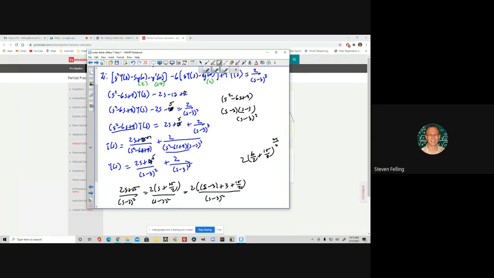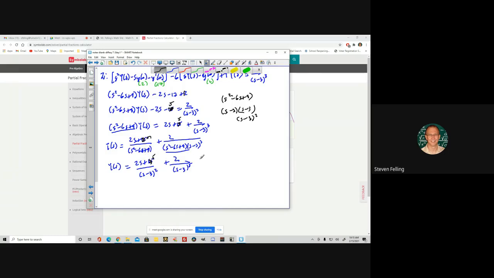I apologize for this, but rather than redo the entire video, I'm just going to correct the mistake here. So if this was actually a 5 here, then we could do that again: 2s plus 5 over s minus 3 squared. You can write that as 2 times s plus 5 halves, which is going to be 2 times s minus 3 plus 3 plus 5 halves,